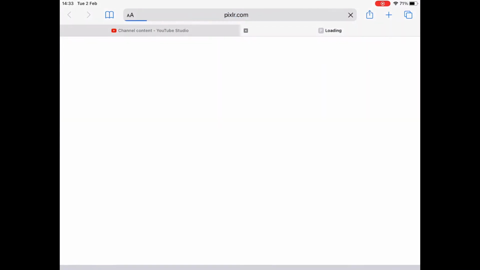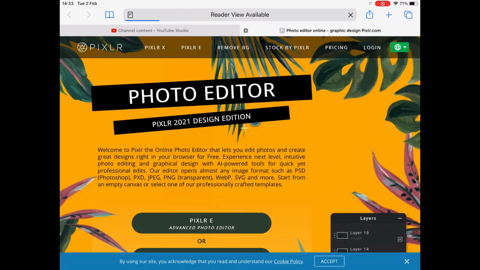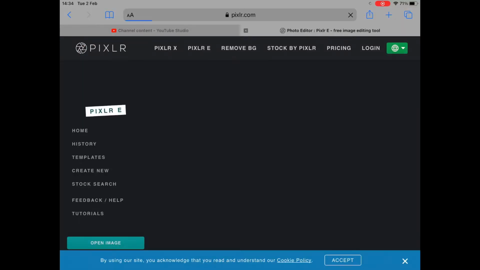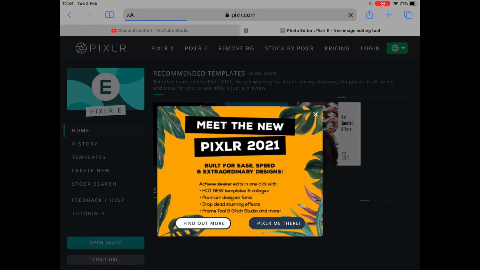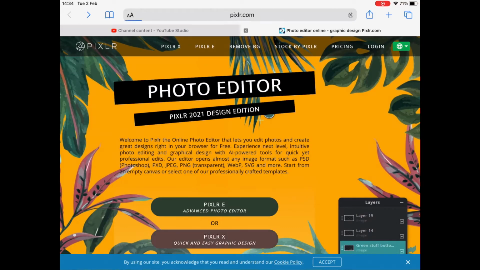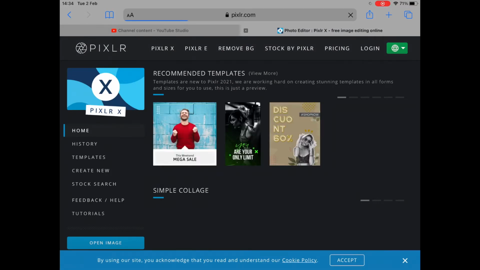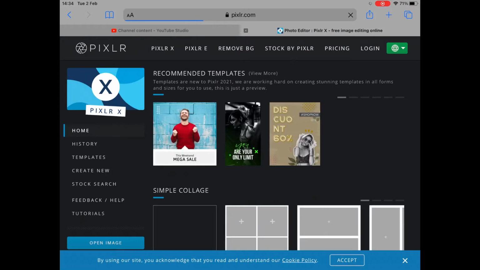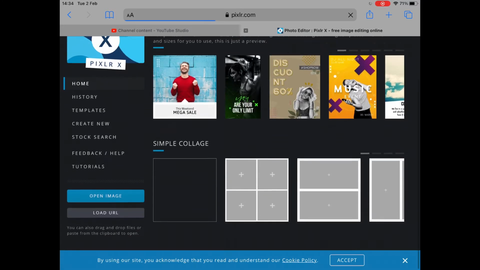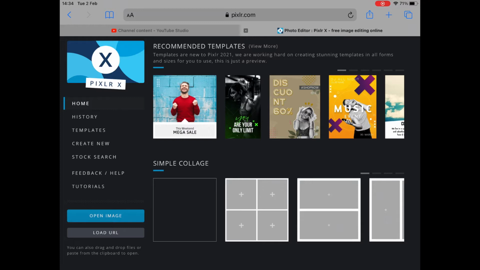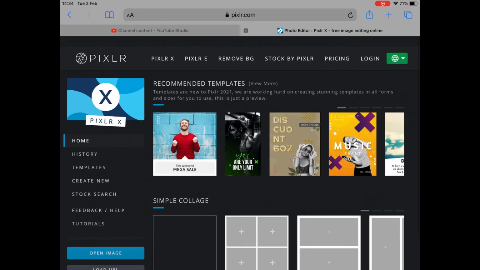there's a few different things to choose. It gives you two options of program to use. I accidentally hit the top one. It's actually the bottom one, so I went back and I hit the bottom one. It's Pixlr X. Okay, that's the one I've been showing you guys how to use. So the left hand side it says open image, and that's to start your own editing process. So I've gone with open image there, which takes me to